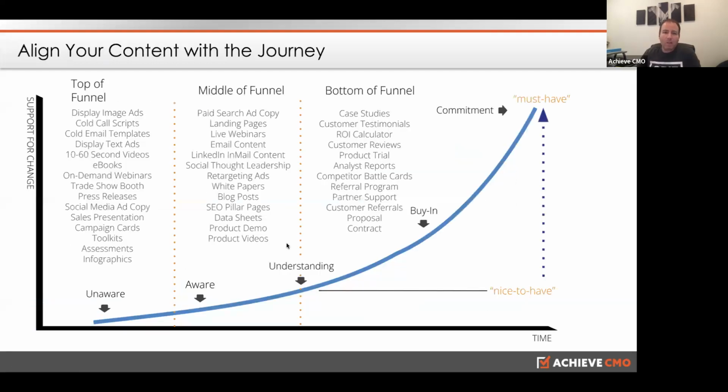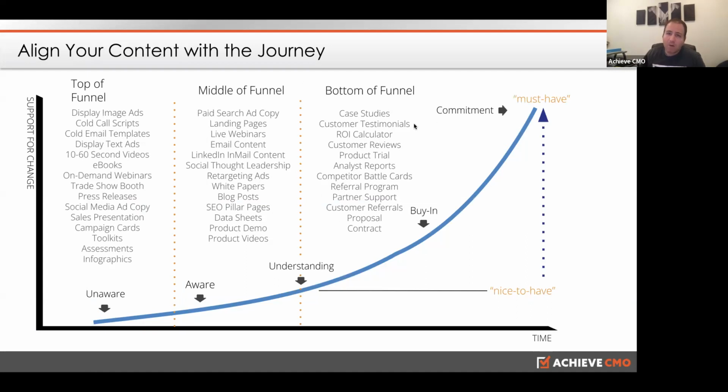The other thing is you want to align your content with the journey and wherever they're at on that journey, right? As you go through the journey, there are top of funnel activities and content that perform better in the unawareness stage. As you get further down, they become more aware, and the type of content used can change.